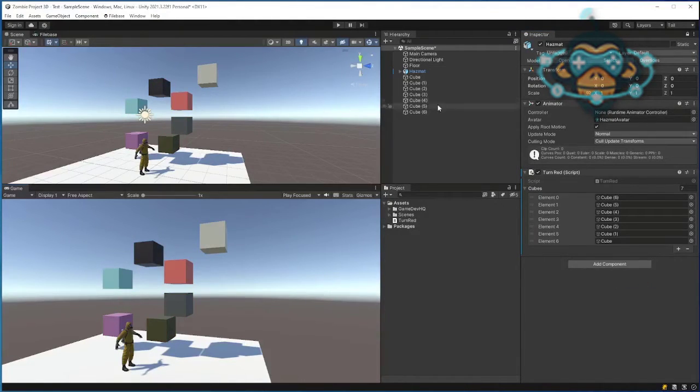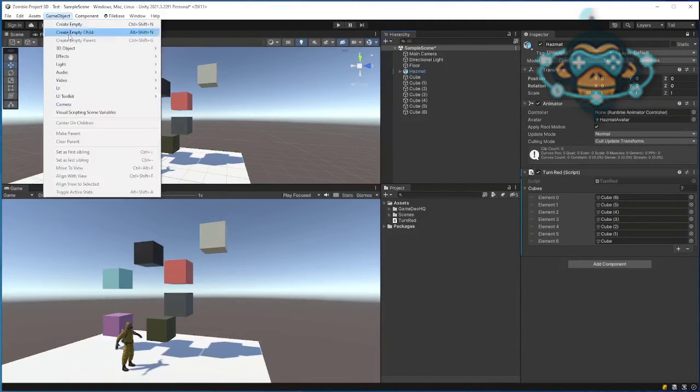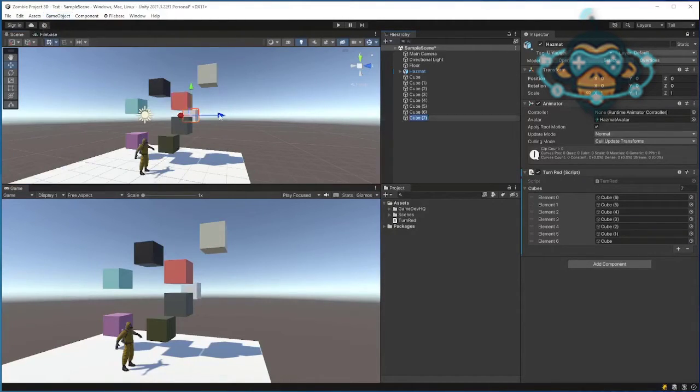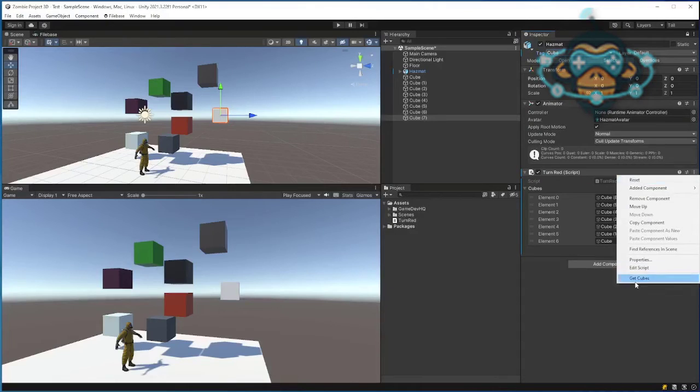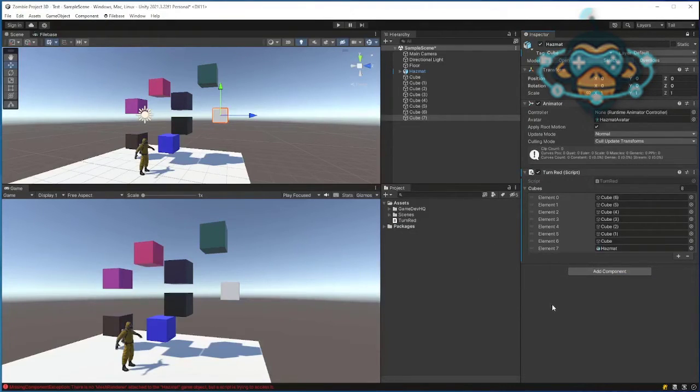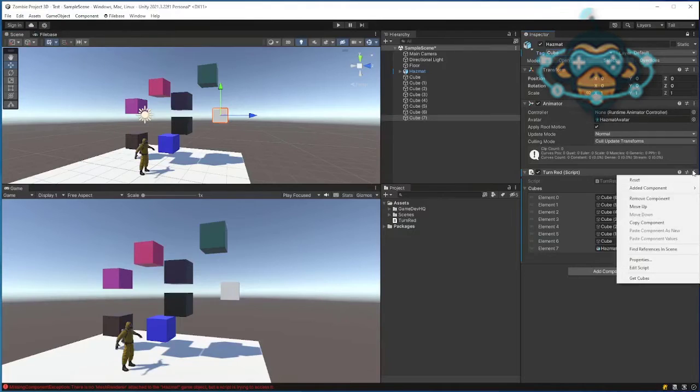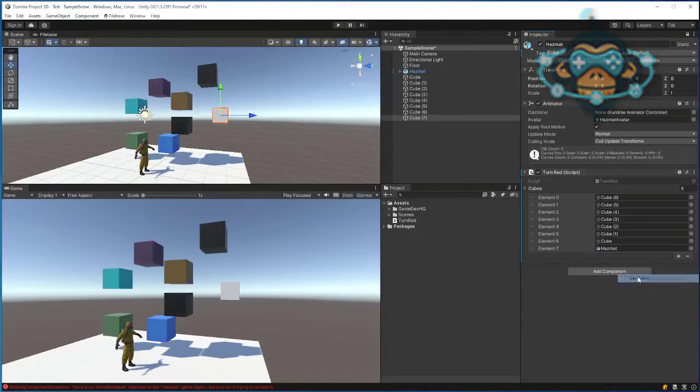All right, so the problem with this, like we discussed, is what happens if I do this? I create another cube, and it's gonna be right here, and I run this context menu, get cubes. You'll see here that it's ignored. Unless I change it to a tag of cube, then if I run get cubes, it will hopefully, well, whoops, I've accidentally modified the hazmat. Hold on. Set that back to our player and grab that cube and set that tag to our cube. Okay, here we go. If we run it again,